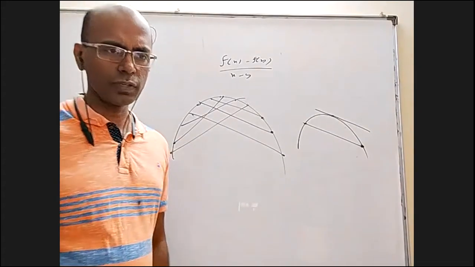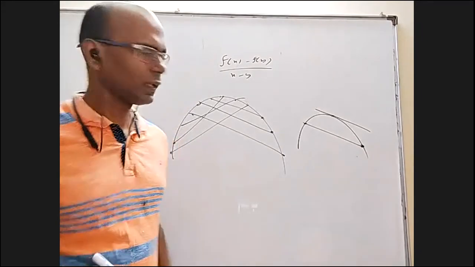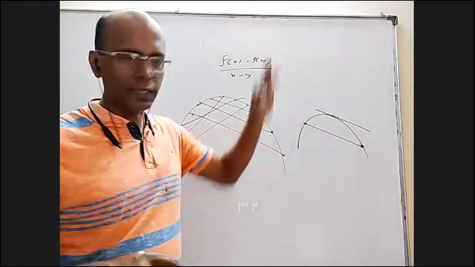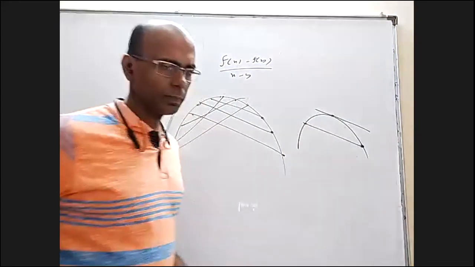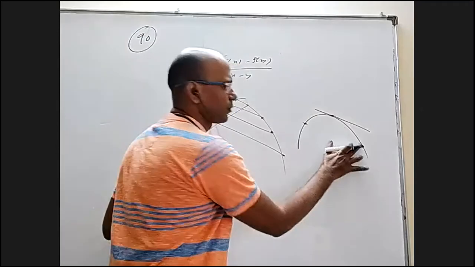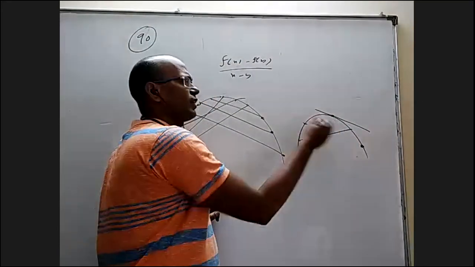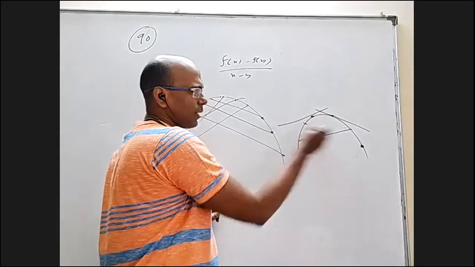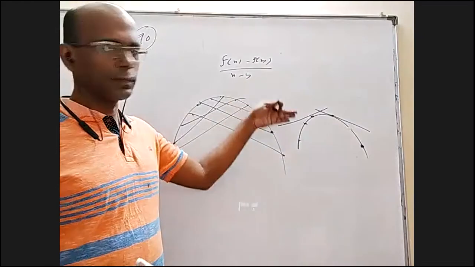That is Lagrange's mean value theorem, right? Or don't even worry about the name. Definitely, parallel to this chord there will be a tangent. At that point the slope of the tangent equals the slope of this chord, so this chord can be removed and equated to the slope of the tangent. If some other chord is there, definitely there will be a point where the tangent will be parallel to it. So for every chord, there will be a tangent.